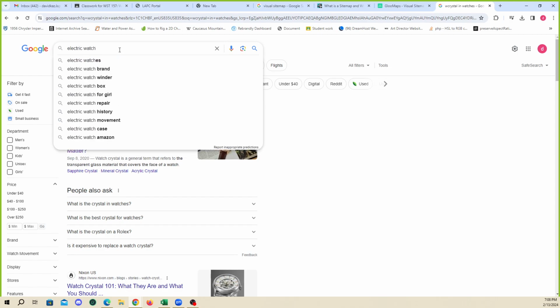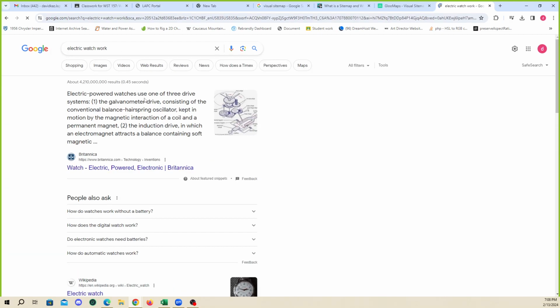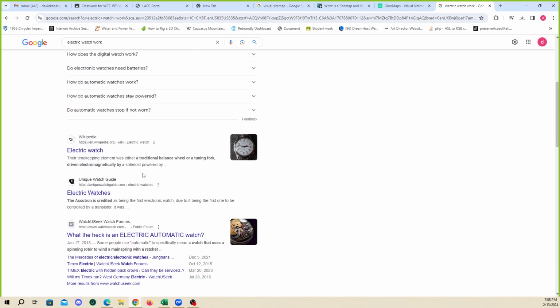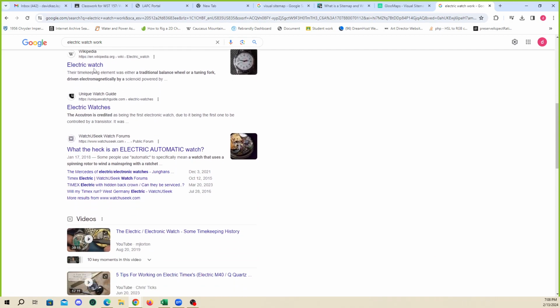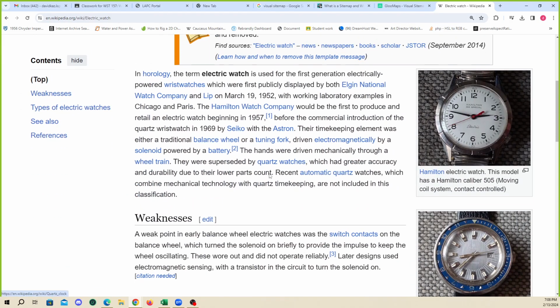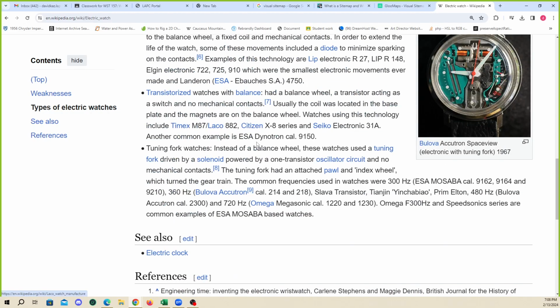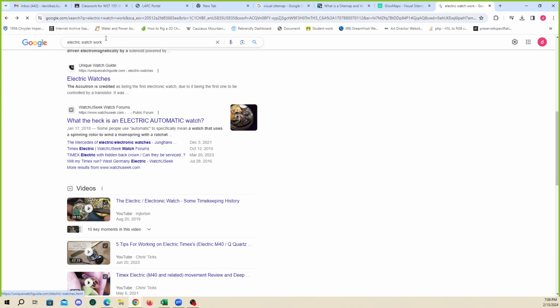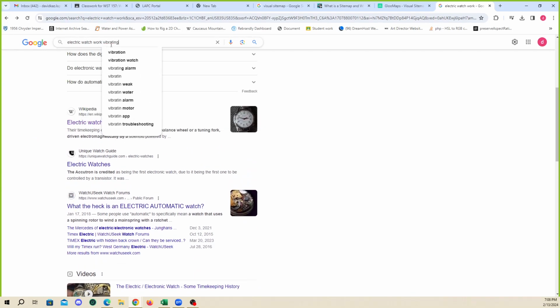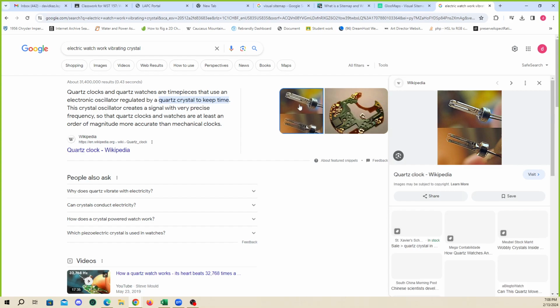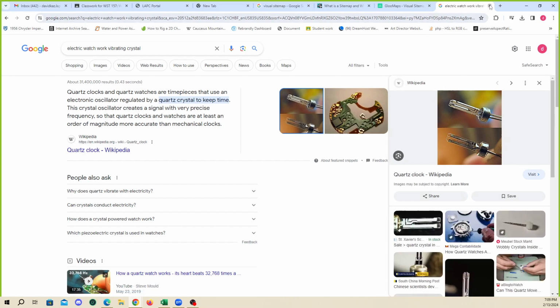Electric watch. God, what is the name of that crystal? I'm sorry, I'm spending time on this, but now I have to find out. Vibrating crystal. Quartz. Okay, quartz. Oh, there it is. That thing vibrates. Anyways,